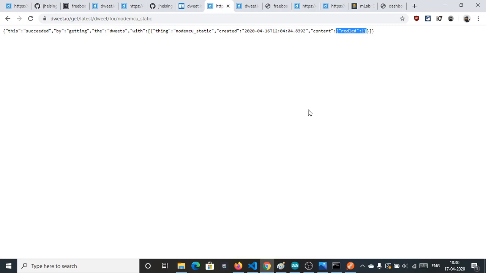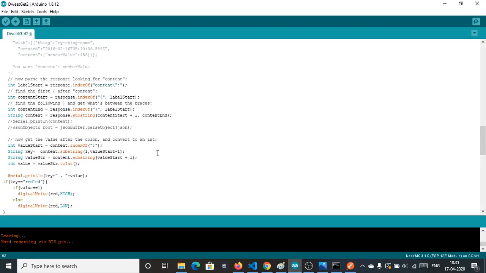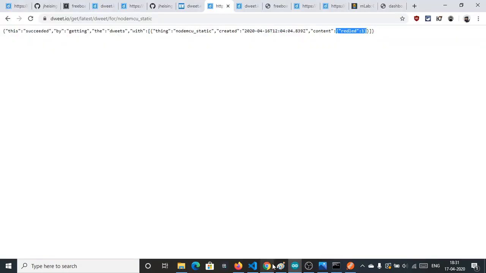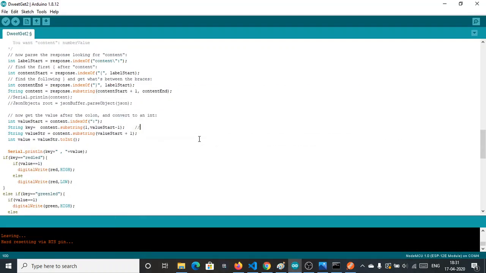I don't use JSON parsing because it's a little memory expensive. So this is another alternative which I have used here, and this is the key and this is the value. In key, what do we have? In key we have red LED, or the field which is coming in the latest DoIT.